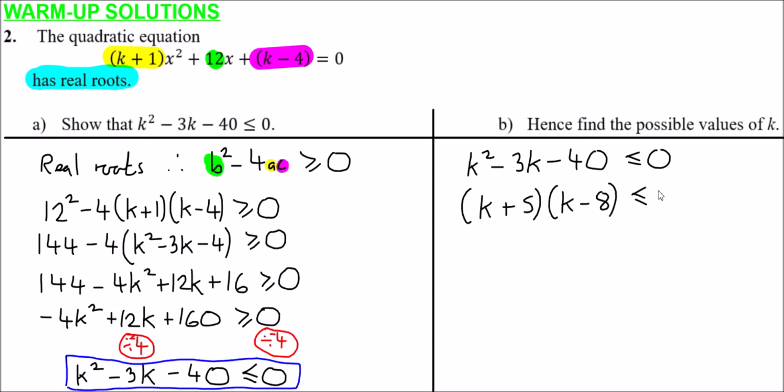What I want us to do now is just to imagine a graph of k against this quadratic. So imagine now we were to graph not x and y, but k against this function of k. So what would that look like? Well, let's just have a think what it would look like. So if I just plot k against k squared minus 3k minus 40,